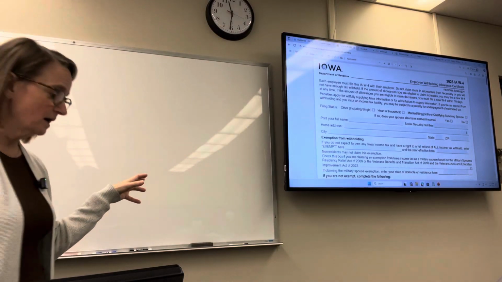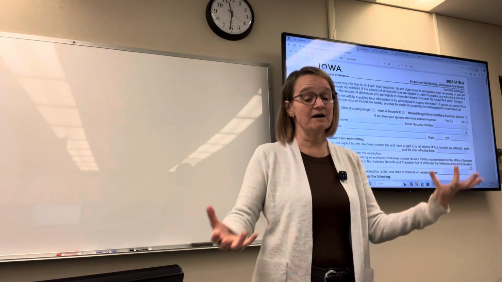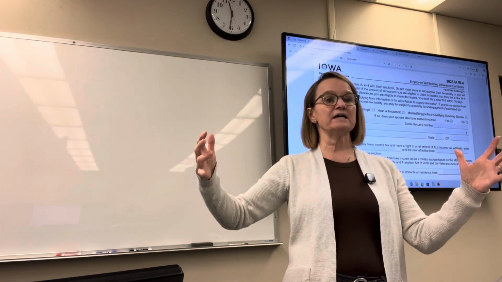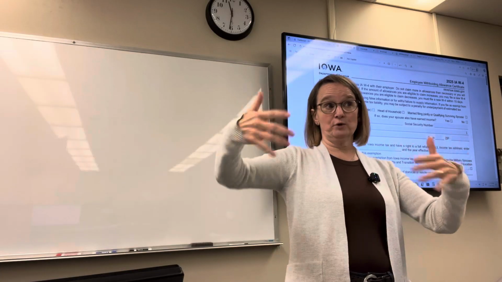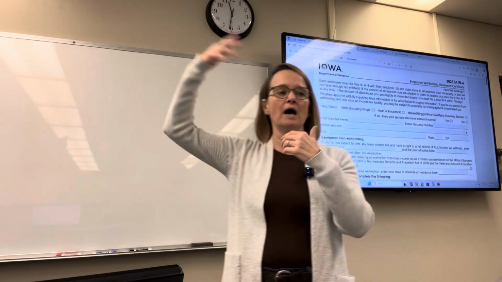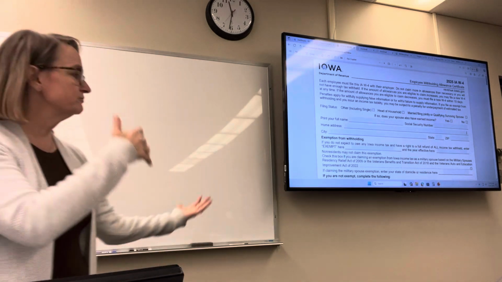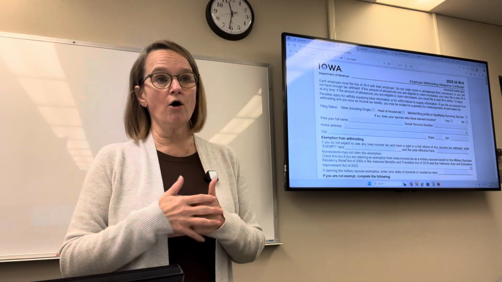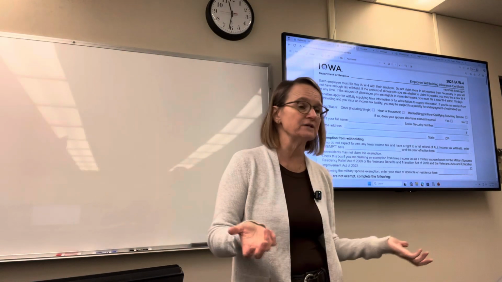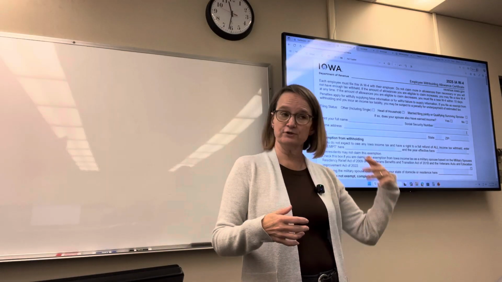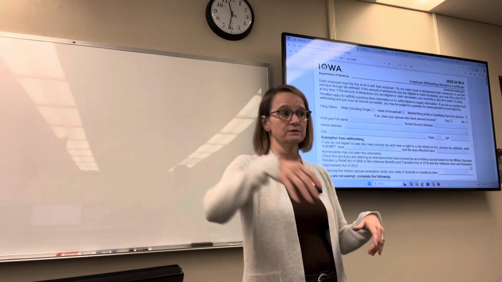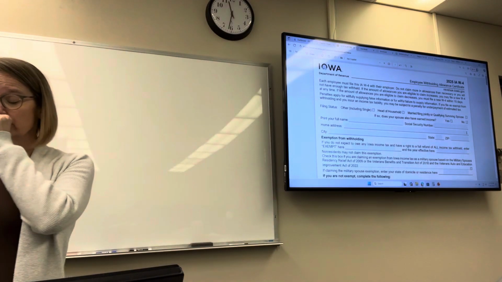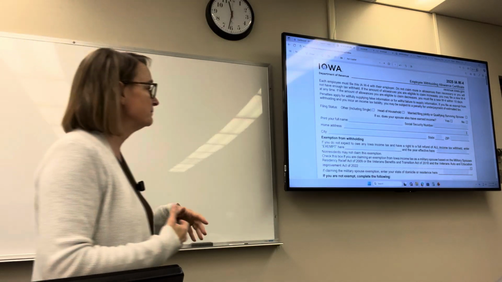What we have done in Iowa, we moved from a progressive tax structure where, if you recall, the more you make, the more they take. So the higher your income, the higher your tax rate as well. We moved from that to a flat tax. So now everybody, doesn't matter what your income is, all taxable income in Iowa is subject to a tax rate of 3.8%. Doesn't matter if your taxable income is $10,000, $100,000, $1 million, 3.8% is the tax rate. So as a result of that, we had to change the W-4 as well.